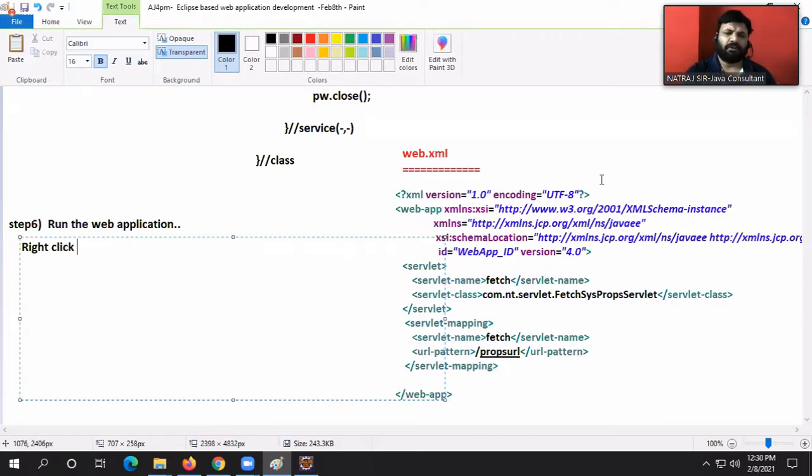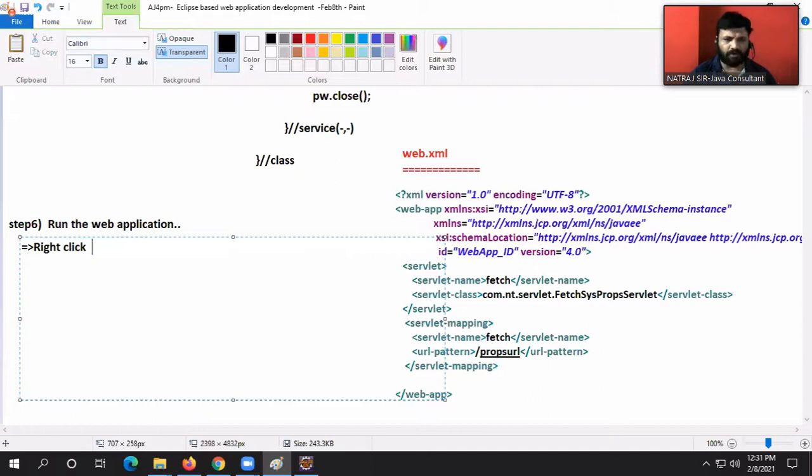Pankaj, if you want to see input and output on the same browser page, you have to use Ajax or frame support. You will get that in the coming classes.